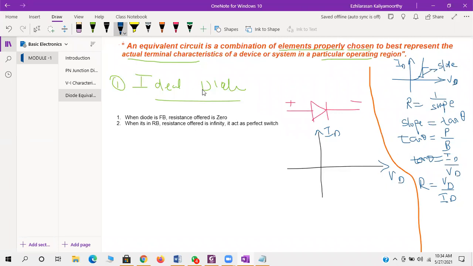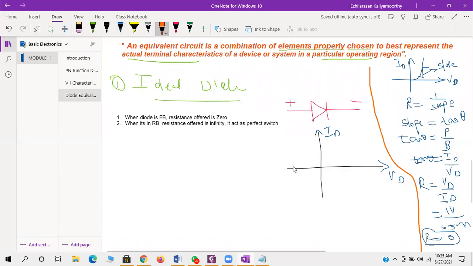As I said, for the ideal diode, when the diode is forward biased, V is positive, right? If I give a voltage, ideally, say for example VD is around 1 volt, what will be the ID? ID will be very small, for example 0.5 milliampere. Then the resistance will be small. The resistance is small in the sense I'm going to consider this as R equal to 0. So this is how we got R is equal to 0.